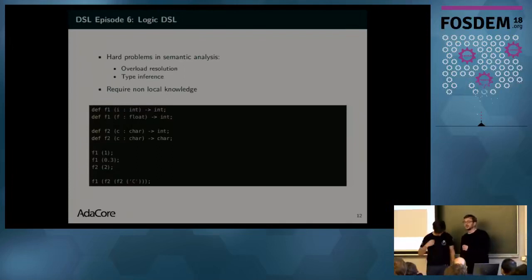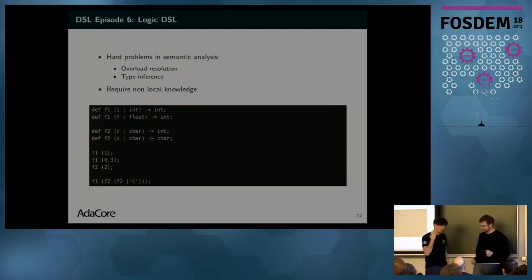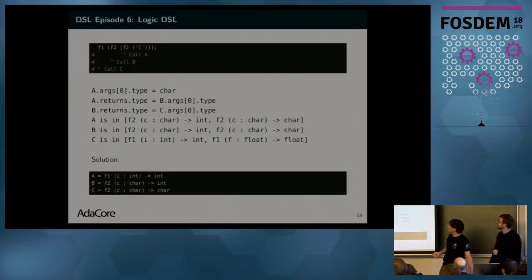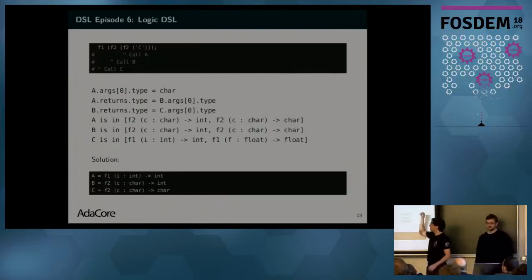So just to add something about that, this problem is not Ada specific. In Ada you can overload on the return type of a function. But in, for example, functional programming languages such as OCaml, you have non-local type inference, and you have the same kinds of problem. So what we are trying to do is have a general solution for these kinds of problem. And this general solution is, well, if we take the example that I just quoted earlier,